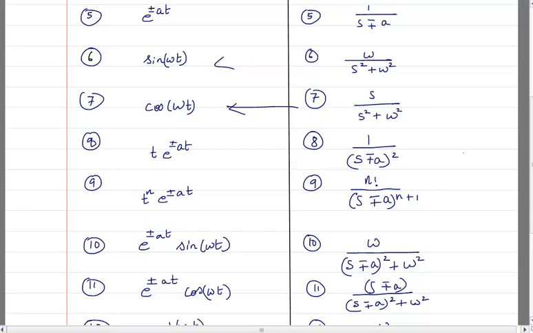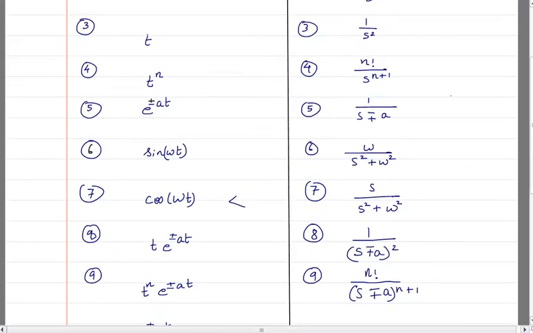And we had seen that if it is in normal form, that means if it is in 1 by s plus 2 form, which is something like this, then you can write it in this form, e raised to power. And we had also seen that if you have it in terms of 3 by s plus 2 the whole raised to power 2, or whole square, then you can write it in this form.